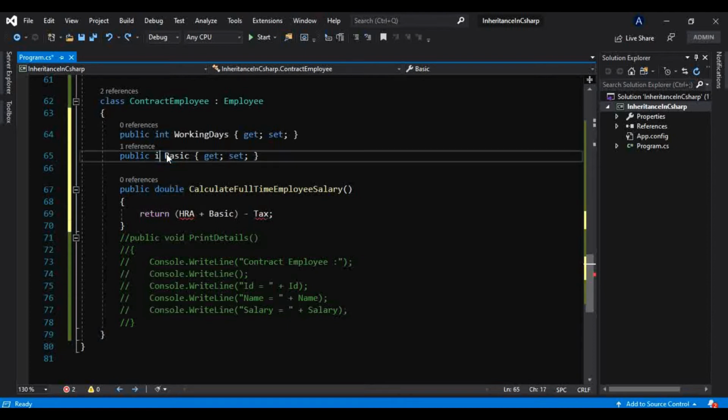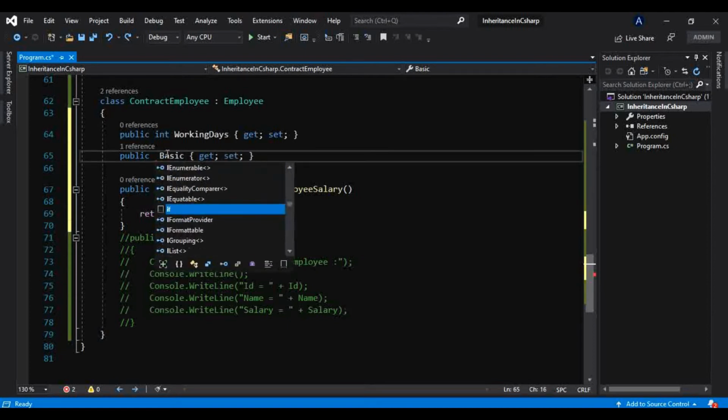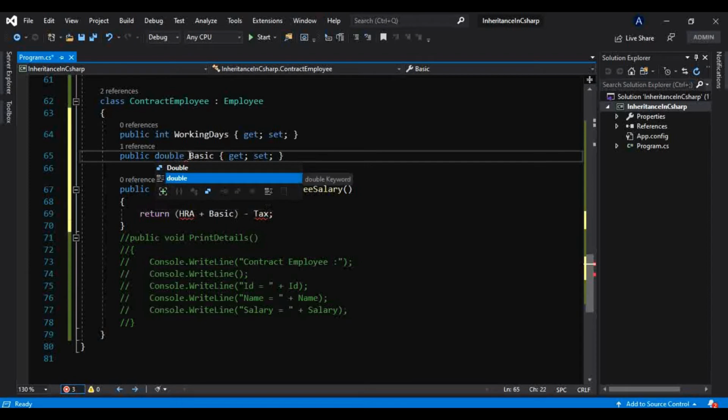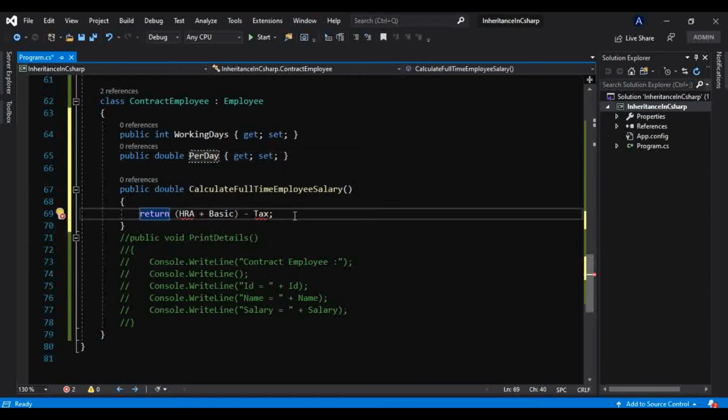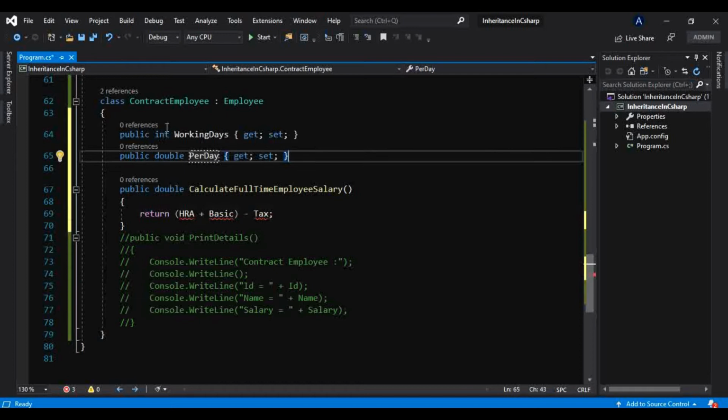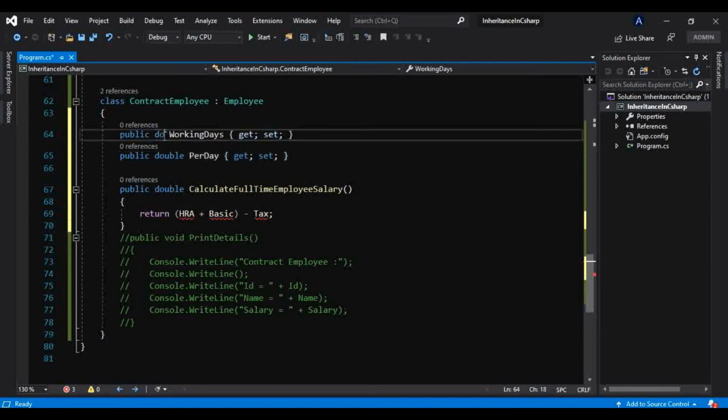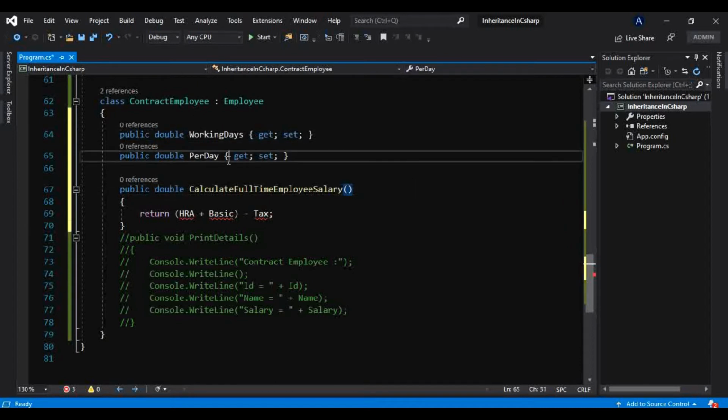What is the per day rate of an employee, that can be a double. Working days we know will be an int, not a decimal. We don't say 2.5 days or 3.5 days, we say 3 days, 4 days working. Or let's just take that as a double as well, because sometimes an employee takes a half day as well.